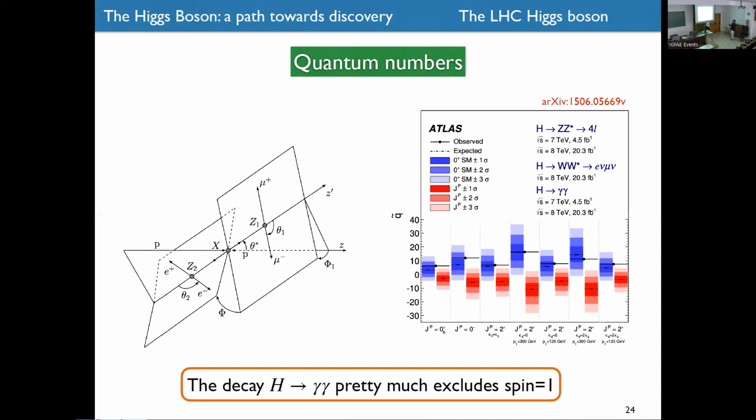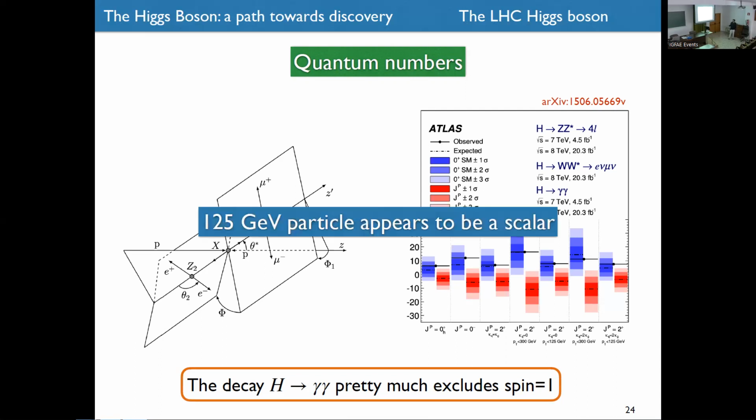And there have been many studies, but already in 2015, here is the probability. This is the probability that it is a standard model object with respect to the probability of not being a standard model object. And you can see that in all cases, the winning hypothesis is that it is indeed a spin 0 parity plus object, so something that is a scalar. So the 125 GeV particle is quite surely a scalar as predicted for the standard model.